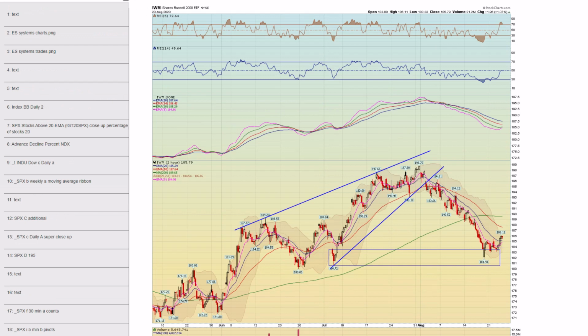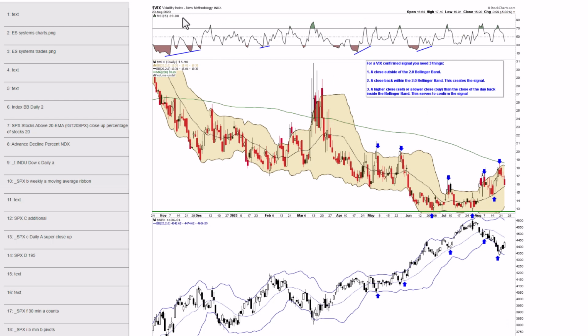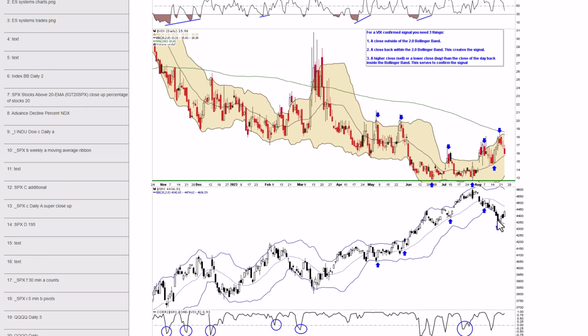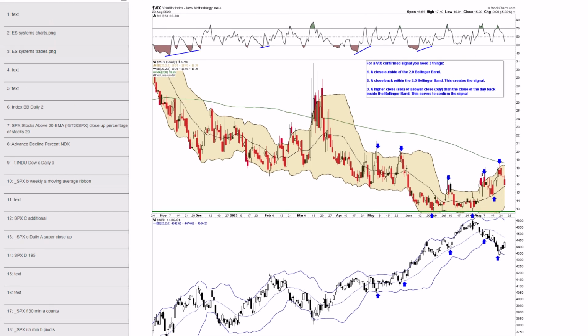All right, guys, that does it for the market indexes. Let's move on. Chart 32, here's the VIX. I should expect down today. Remember, the VIX went on a buy signal on Friday when it closed back inside its upper Bollinger Bands. So technically, that was a buy signal, and that has played out nicely.